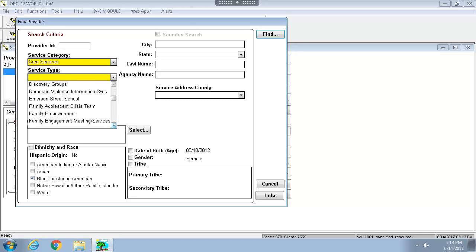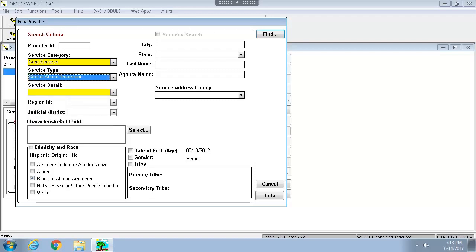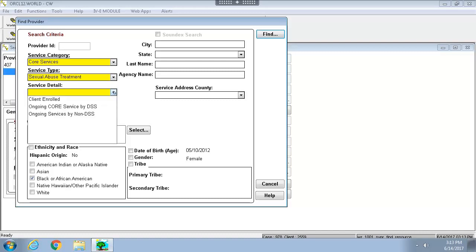You'll learn more about this in the fundamentals. And they're all alphabetical, so I'm going to scroll down because there's many of them. And I'm going to go to sexual abuse treatment. Then it has a box for service detail, also mandatory, and it has the option of ongoing core services by DSS. That means that the Department of Human Services, previously known as the Department of Social Services, that's where that